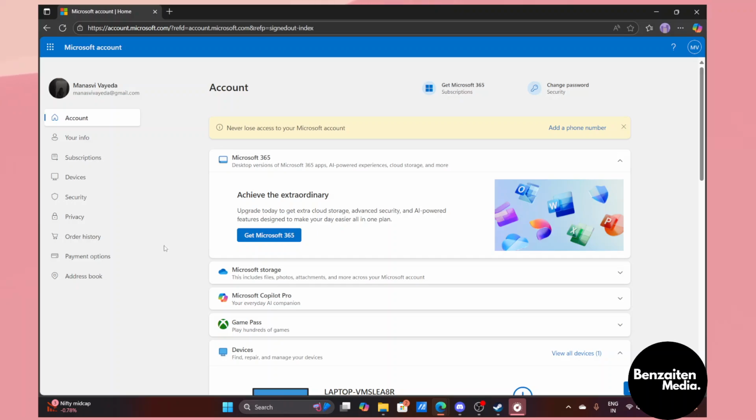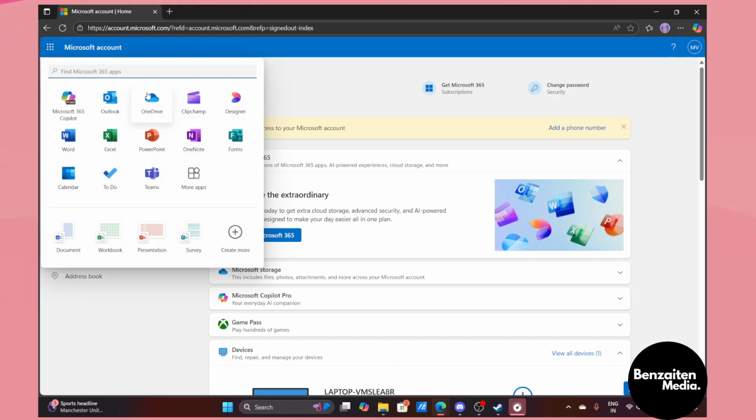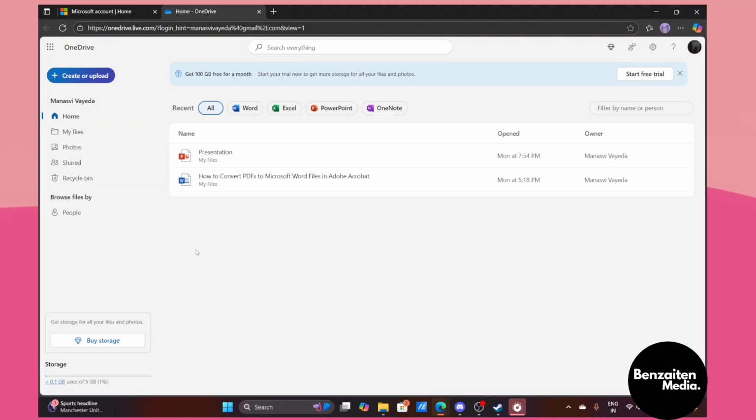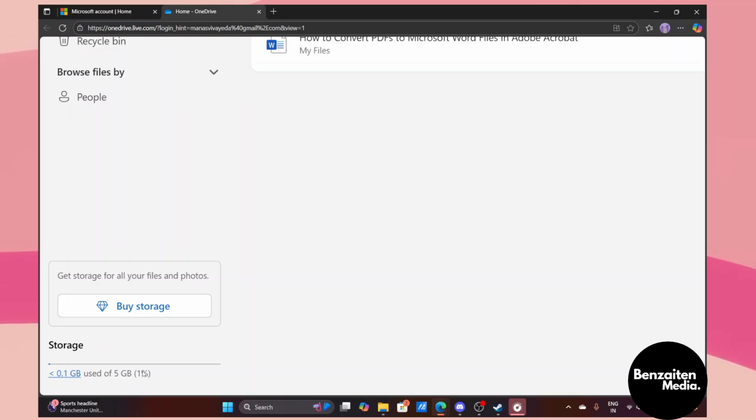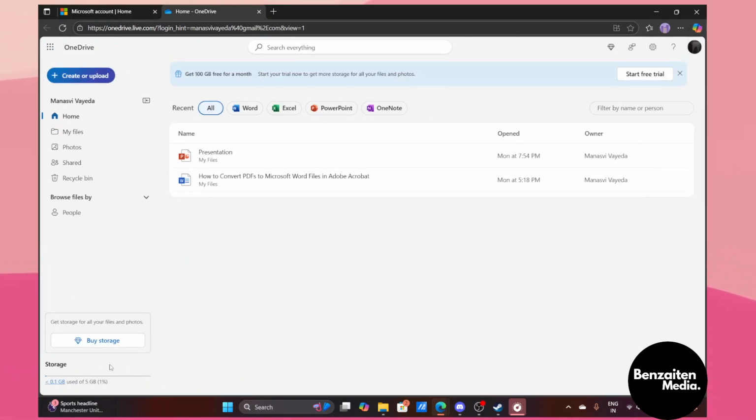Once you are in, go to the top left side of your screen and you will see the app launcher. Click on this and then select OneDrive. Now, inside the OneDrive, you will see at the bottom left corner the storage option, as you can see right here. And if you didn't find it here, go to the top right side and you will see the settings